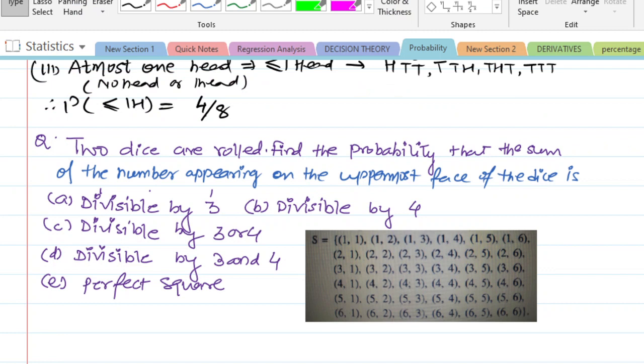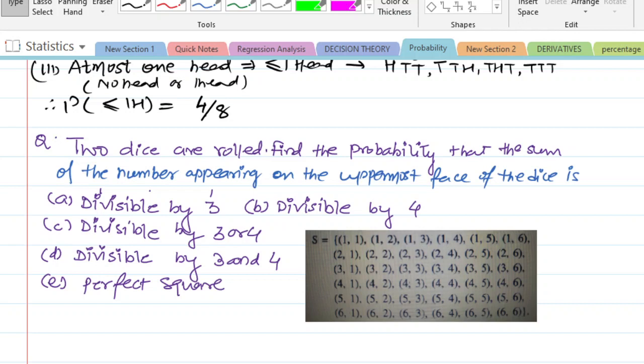So what would be the sample space? The total number of sample space we'll have is 36. You can see in the diagram, the image that I have posted over here. That is, first die 1, second die 1; first die 1, second die 2; first 1, second 3, and so on, and finally on both the dice I have number 6 and 6. So what we have got over here is a matrix of order 6 by 6, that is a total of 6 rows and 6 columns, and the total number of sample space is 36.